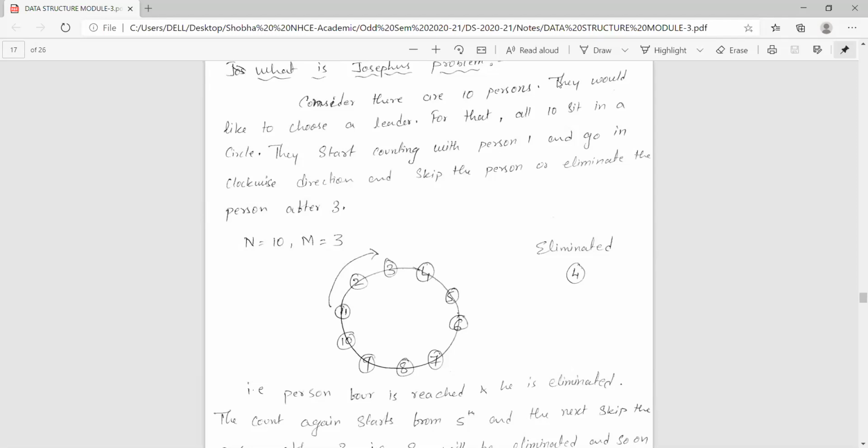The actual technical way of saying this is, we will choose different processes which are waiting in queue. There are multiple processes waiting in queue, chosen not based on priority or on a job scheduling algorithm. This is one way of scheduling, Joseph's problem using circular linked list. If there are n processes in a circle waiting to be executed, one after the other, which should be executed? Using this algorithm, we will form a circle.